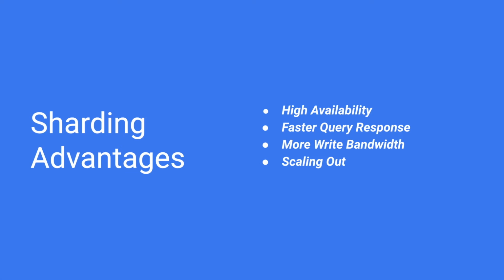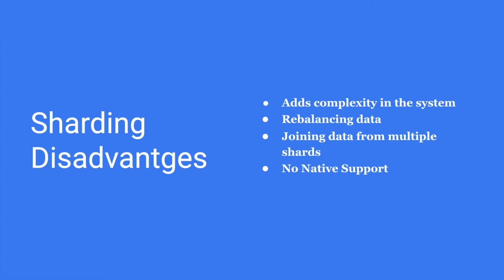While there are so many advantages of sharding, sharding of course has some cons as well, that is, disadvantages of sharding. One is that it adds complexity to the system. Properly implementing sharding in a database architecture is a complex task. If we have not done that correctly, there are significant risks associated with sharding. Why?